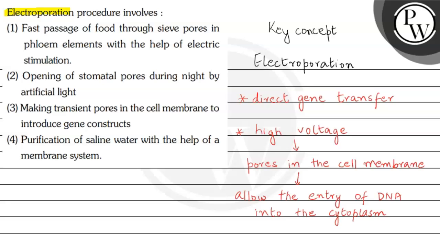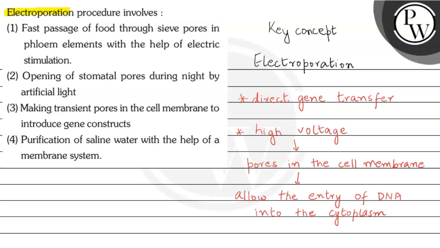So electroporation is a more specific method of gene transfer where the gene is directly transferred into the target cell by the formation of pores in the cell membrane, which helps in the easy entry of the DNA into the cytoplasm. So now if we see the options given, so the first option says that fast passage